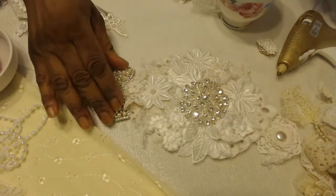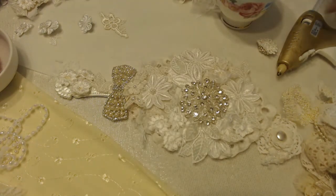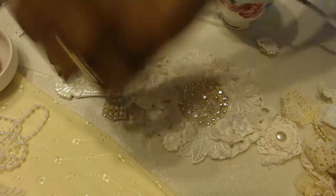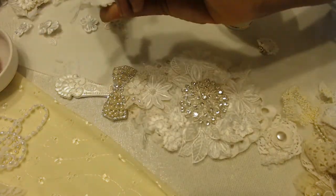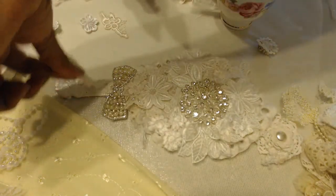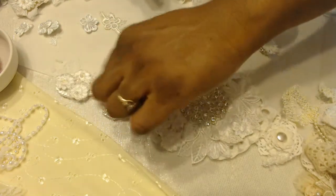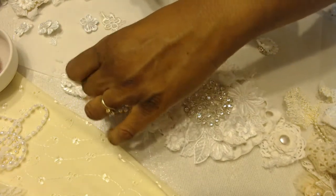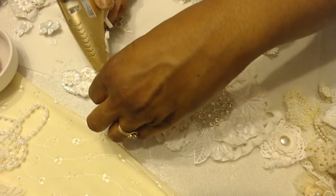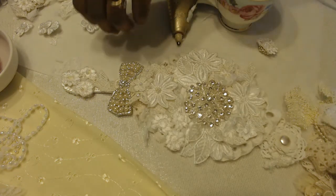I've been really wanting to use that bow. And I'm going to put one more flower there. See, I am covering up pretty much everything I created. Or I painted. What am I saying? Created. I'm covering up everything I painted pretty much. I'm going to put a little more glue under there just to make sure it sticks, and then I'm going to put one more flower